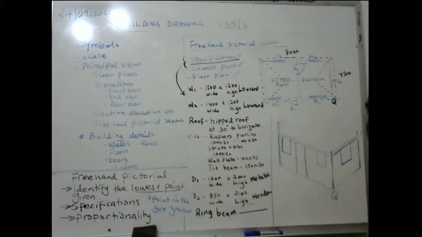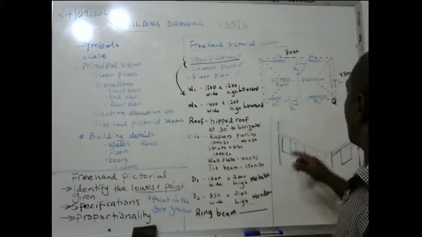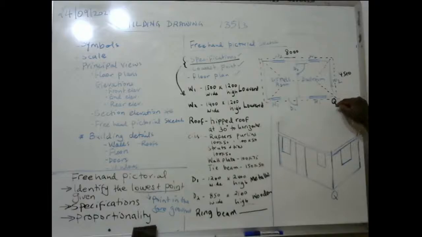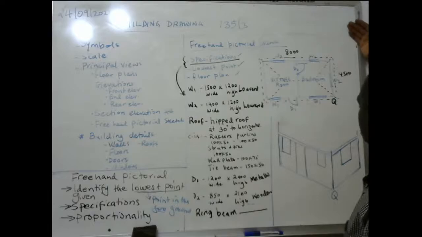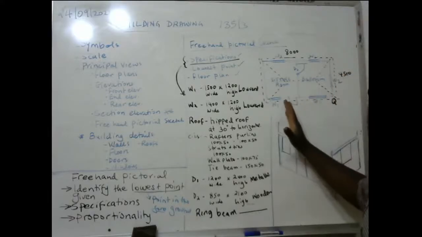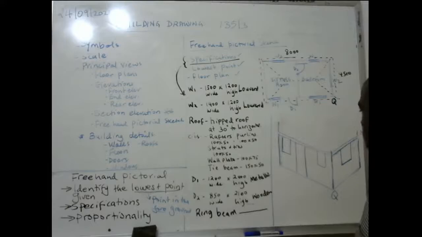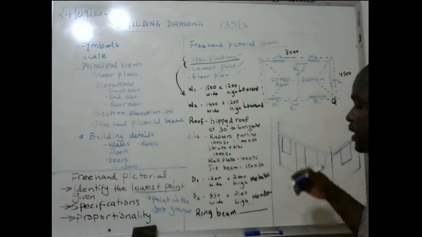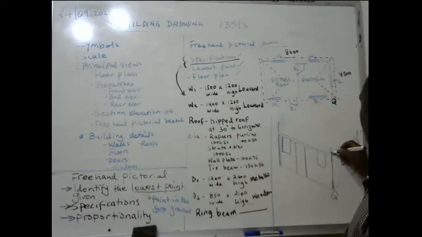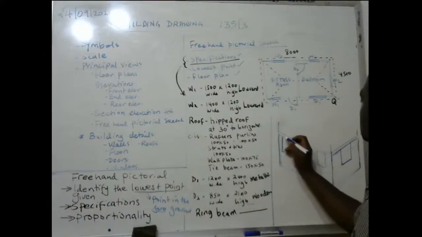So we are trying to develop the freehand pictorial, and we are basing on the position of point Q, the lowest point. So we have window 2 on the right. We have window 1, door 1, and window 1 on the left. So if it is a house that you are building, you keep building it, so that we take note that